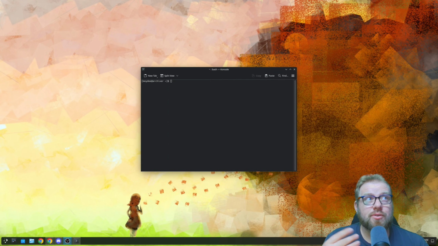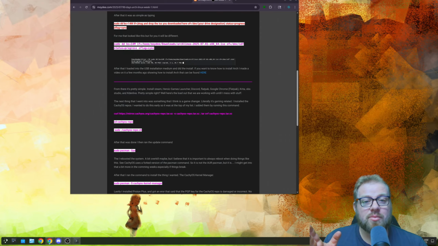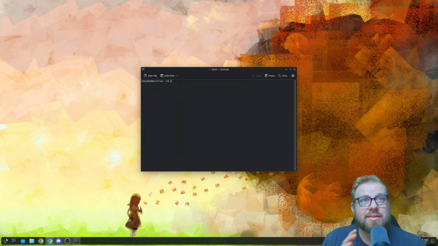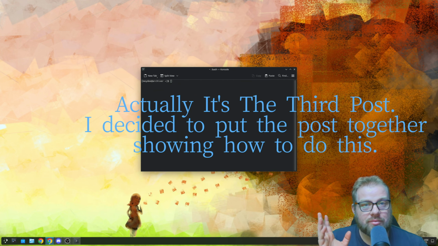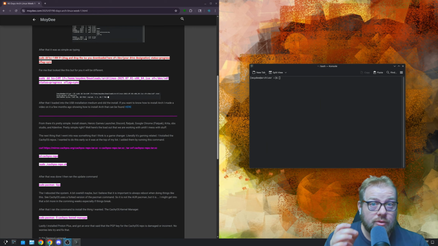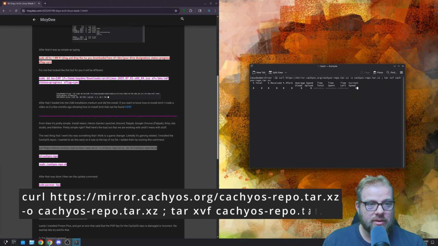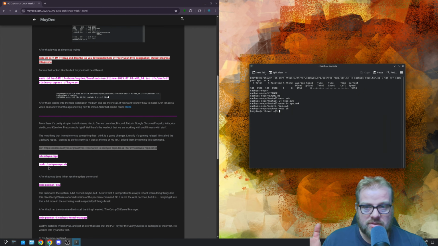So first things first, everything that I'm going to be talking about is actually pulled from the moiety.com website, from the blog. So if you're interested in anything there, it's going to be the first day of being inside of Linux, or inside of Arch Linux. So the first command that we're going to go ahead and pull is this curl command. I'm going to drag and drop it here, and it's going to do its little curl command. Next thing that we're going to do is we're going to do the cd CachyOS